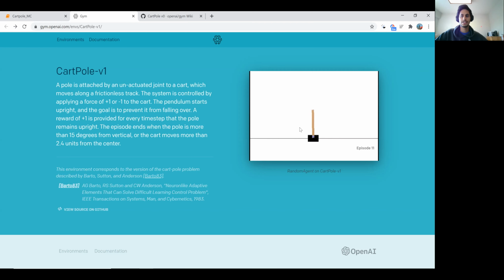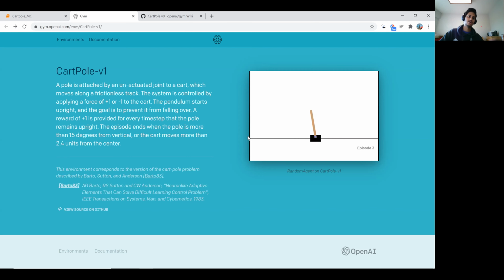All right. So in this video, as mentioned, we'll be talking about designing an agent that can learn to perform a specific task. In particular, we'll be talking about a classic control environment called CartPole. CartPole is essentially what it sounds like: you have a body of mass, or a cart, and on top of that you have a pole. The objective for your RL agent is to balance this pole on the cart, and if it does, congratulations, for every time step t that it manages to balance the pole,